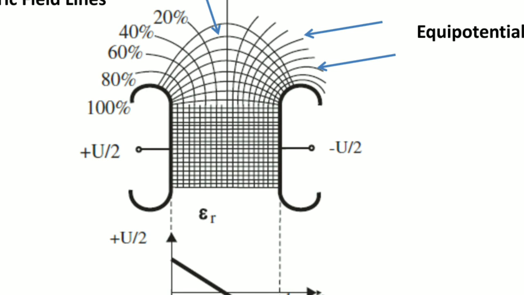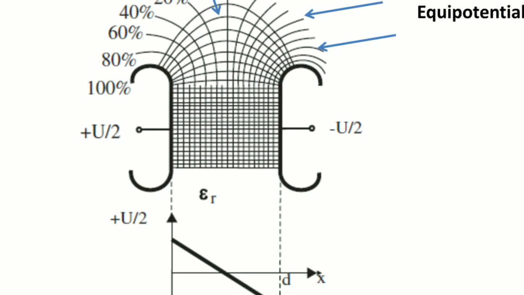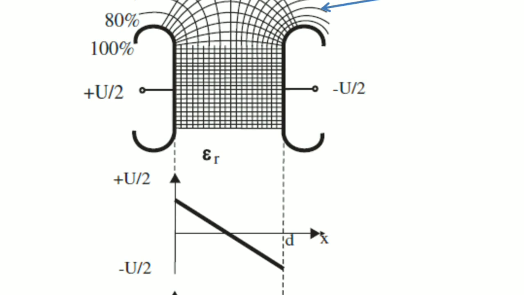So here, as the field is uniformly distributed, from this diagram it is very clear that they always form a square section with respect to each other, and that is the reason in the finite difference method we have selected a square region, because the field distribution is uniform. And in this case, this plus U by 2 and this minus U by 2 indicate the magnitude of voltage applied to the respective electrodes, plus polarity and minus polarity.